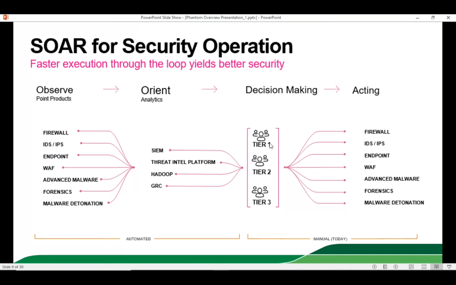When you say observe, it is collecting data from all the point products like firewall, IDS, IPS, endpoint, WAF, advanced malware protection or AMP, forensics, and malware sandboxing. Orient is analyzing or categorizing the different data sources, and using it as a tool or platform for analytics. It could be SIM, threat intel, or any kind of big data source, etc. And then the SOC team works on the platform at whatever level they are, tier 1, tier 2, tier 3, and investigates,